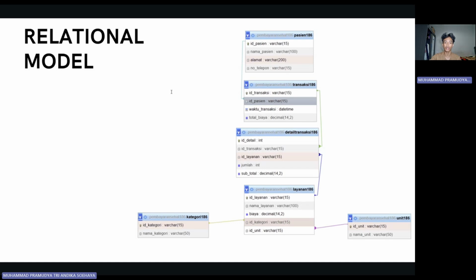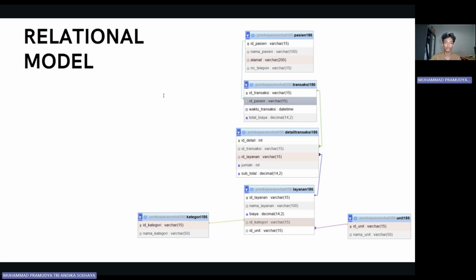Part of the system design involves the Layanan 186 table serving as the primary service catalog because it stores billable items together with their foundation price. The table connects with Category 186 for service type definition through its primary key and also connects with Unit 186 to define the service delivery source.